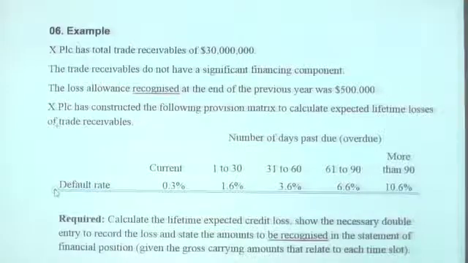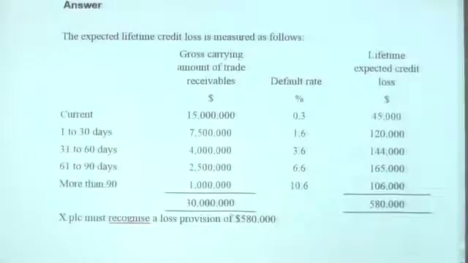Now, based on this, what do you need to do? You need to allocate your 30 million debtors among each age category. The examiner always needs to give the categories also, otherwise you do not have the information to divide it into different categories. If you have at least the date the debt was created, you can easily put them into the buckets, but in the exam they are not expecting you to do that, they will give it to you. Therefore, take the debtors in each bucket, use the rates you developed earlier and identify the amount you need to provide. Is that clear? Therefore, you need to make a provision of 580,000.